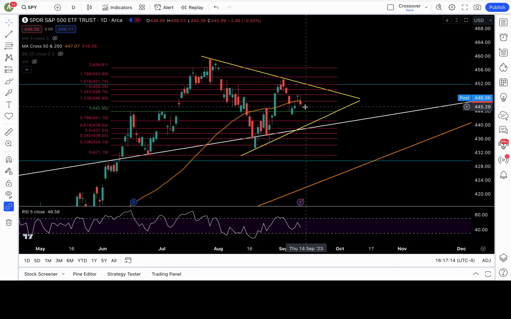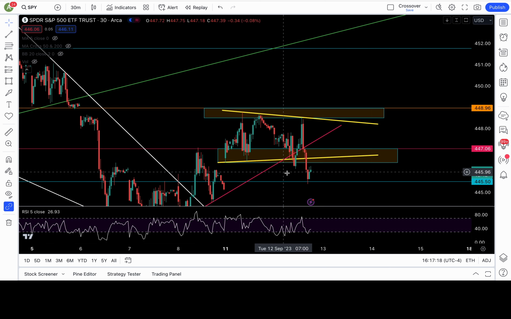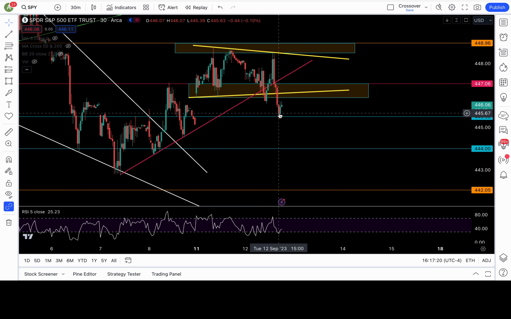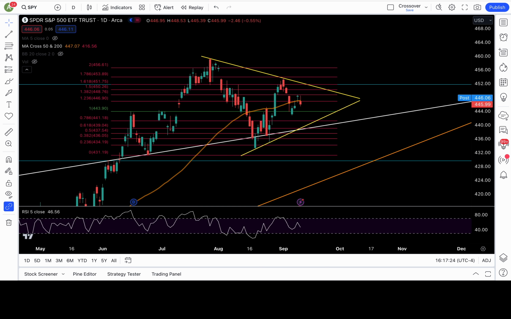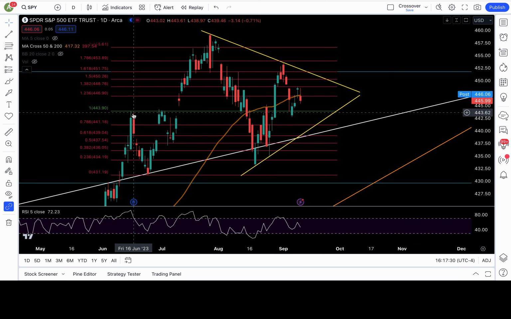So below 447, I got 445.5. It kind of held today in intraday around here. Kind of held 445.5. I got 444. That's the June high. You guys can see that June high. We broke it down, recaptured, back tested as support. So if 444 is lost, a top is probably in. All right, this could be the top. Monday's price action could have been the top.